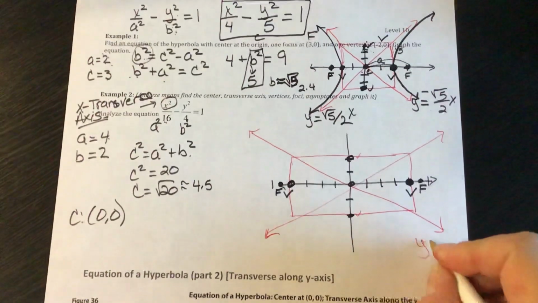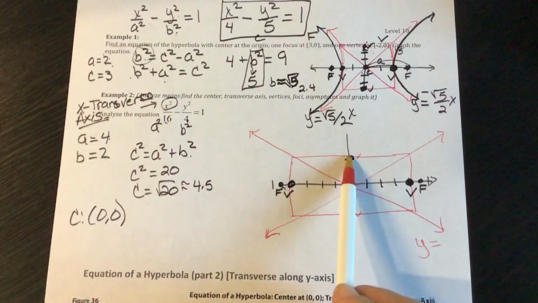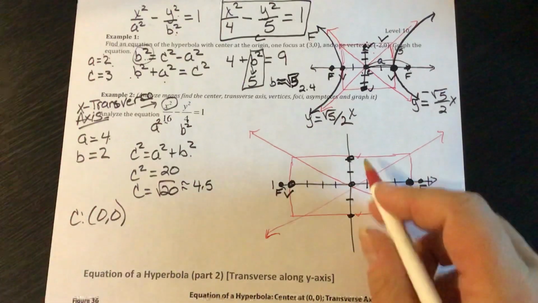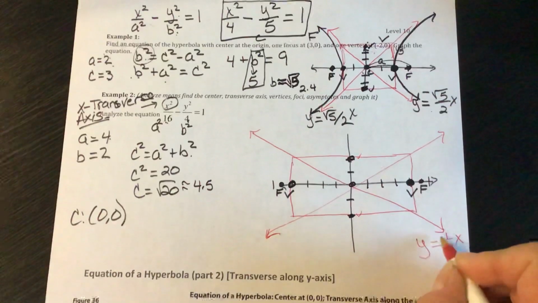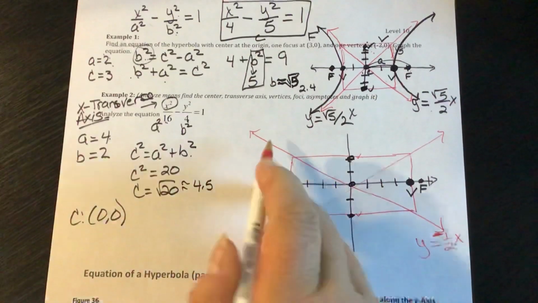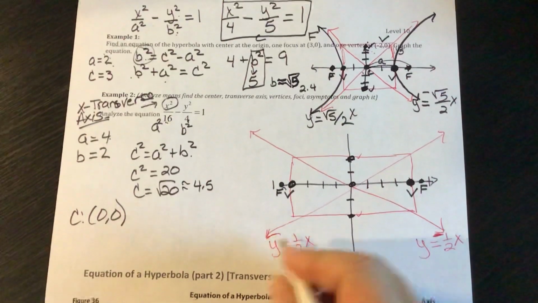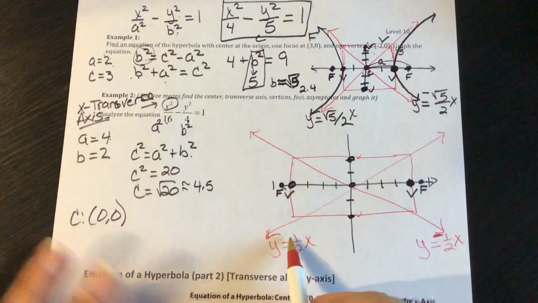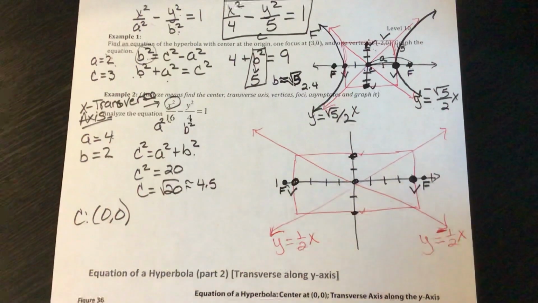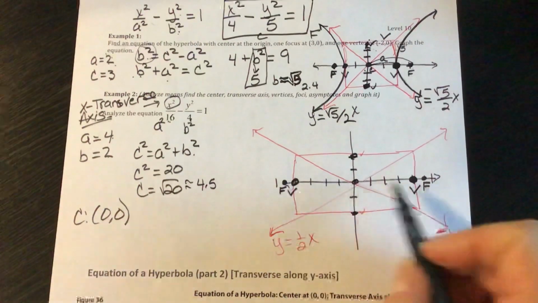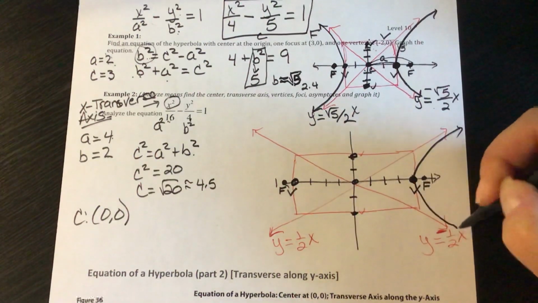remember I have y equals, and I'm going to look at the slope, up 2 over 4, up 2 over 4, or 1/2 times x. This one is negative because it's going down. This one is y equals 1/2 x. It's positive, it's going up. Okay, so from my vertex on each side of the rectangle, I'm going to draw in my